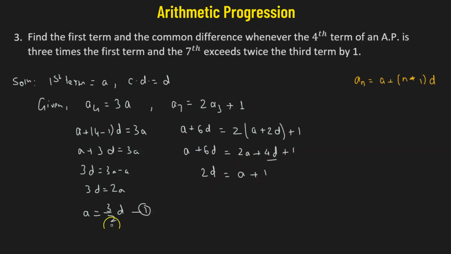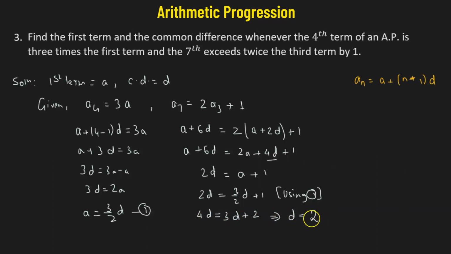Now we'll substitute the value of a with 3 over 2 d. So we have 2d equals 3 over 2 d plus 1. So here we have used equation number 1. Now what we'll do, we'll multiply throughout with 2. So we get 4d equals 3d plus 2. And 4d minus 3d will be d. So this is solving for d. We get d equals